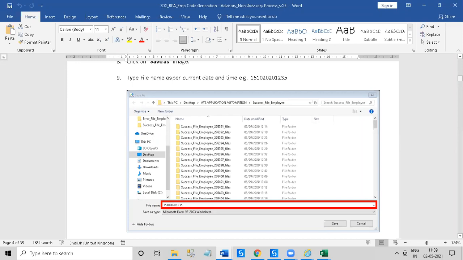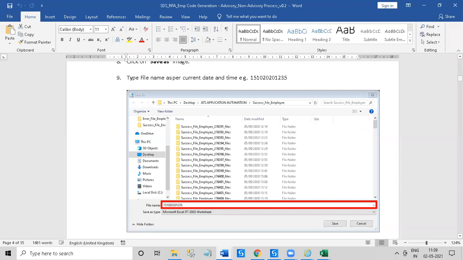If a particular applicant ID was already processed earlier, then the bot is going to remove the entire row. Let's suppose Hamid is there and the employee ID of Hamid was already created in the last run. So what will the bot do? It will remove the entire row of Hamid, and after that, what is the next step?